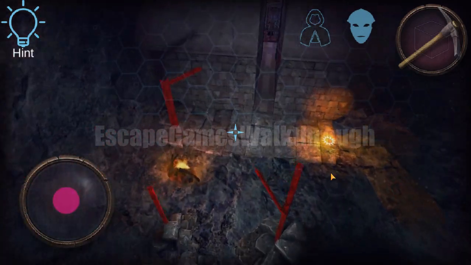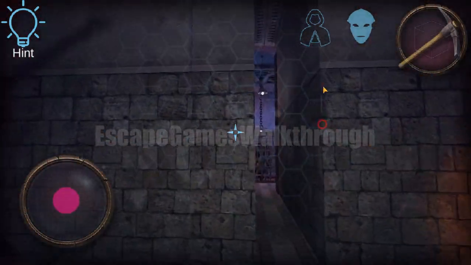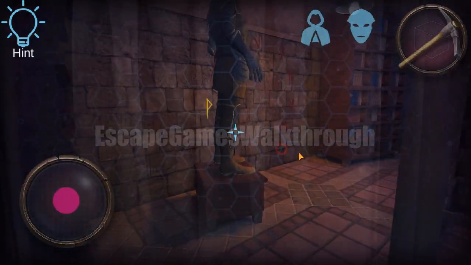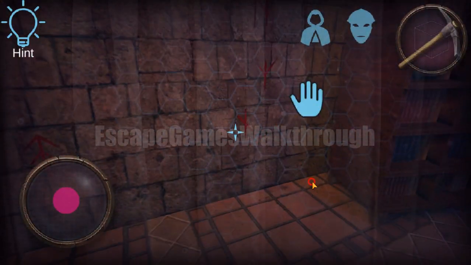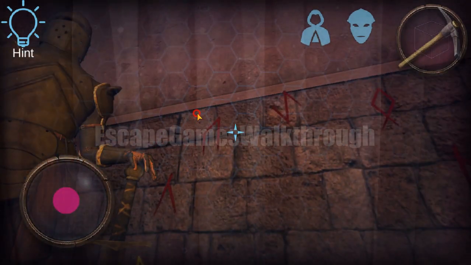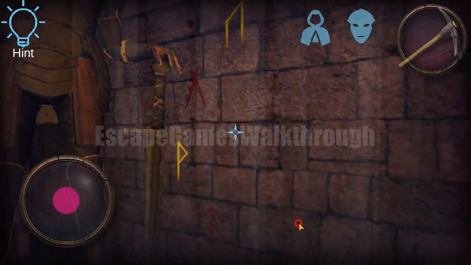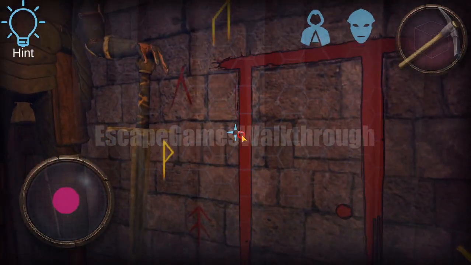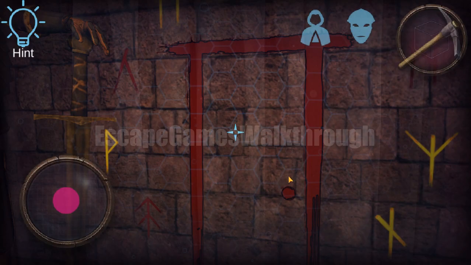And now we can go back, so we have remembered all the 4 symbols. We can jump, it's not dangerous for us. Wearing the cloak, so we have symbols like this one, then this one, and this one. Now here's the door, let's go in,